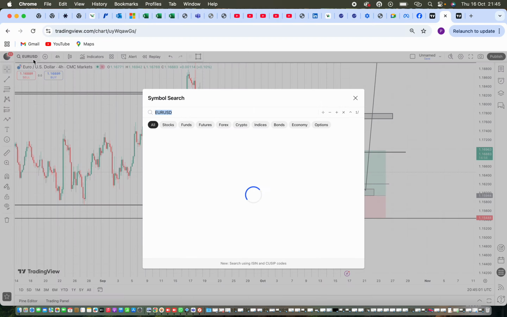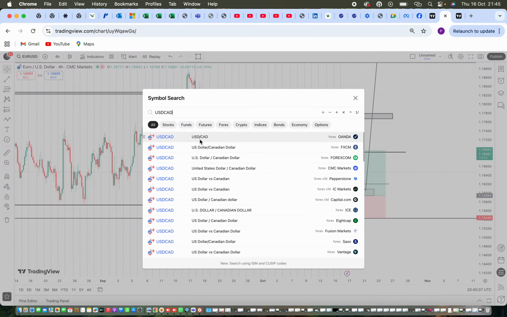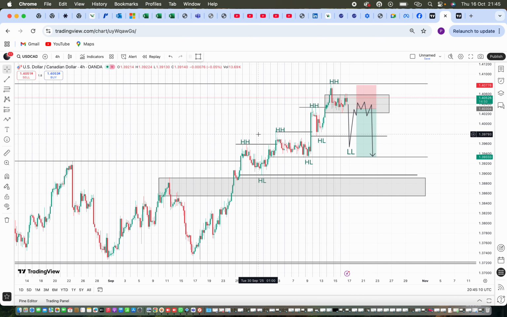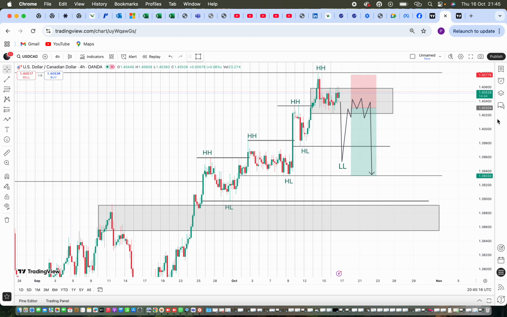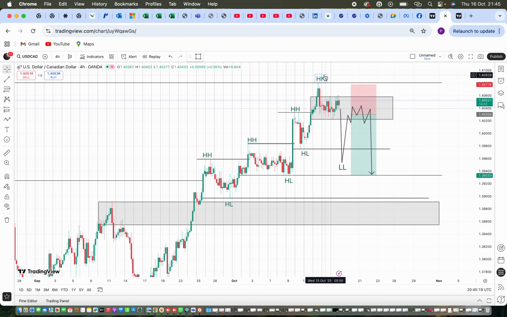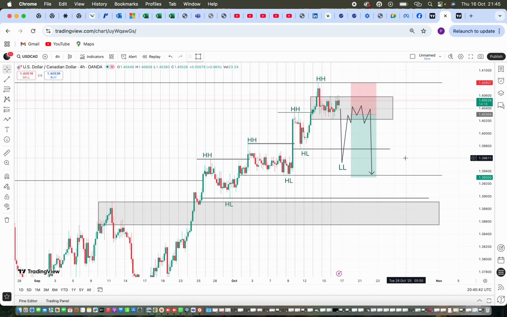And another pair that I'm expecting some sort of reversal on is USDCAD. But until I see a confirmation, I'm not going to be doing anything. What am I expecting here? We can clearly see how price is creating a series of higher lows, and we have a new high. So if I see a shift of market structure, creating a higher high and a lower low, that is only when I will wait for price to pull back to this level, then I will sell. But if I do not see that, trust me, I'm not doing anything. I'm not even moving an inch. I have to see my setup play out.